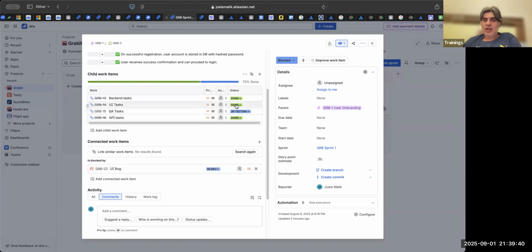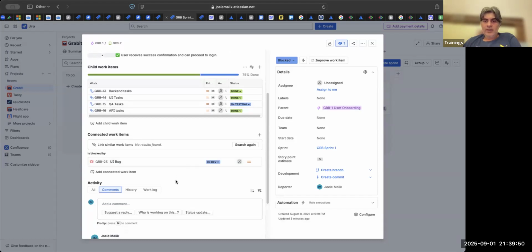So the UI task can still remain. Some teams will reopen this task and work against it, but you can work against this bug also. That is fine. Either way, this task will now be unblocked and it is back to dev because dev is fixing it. Once it is fixed, it will be assigned to testing.